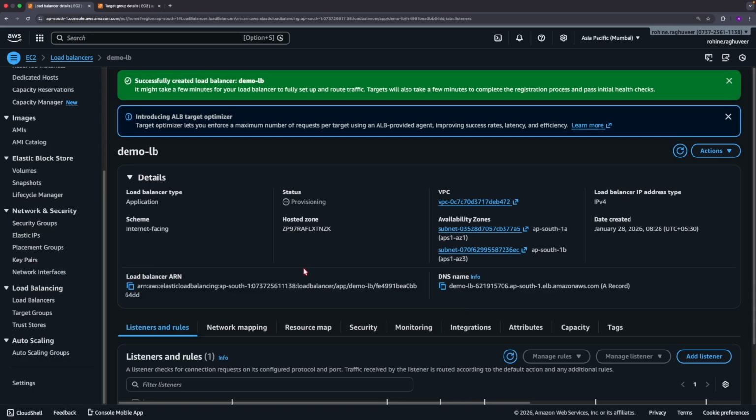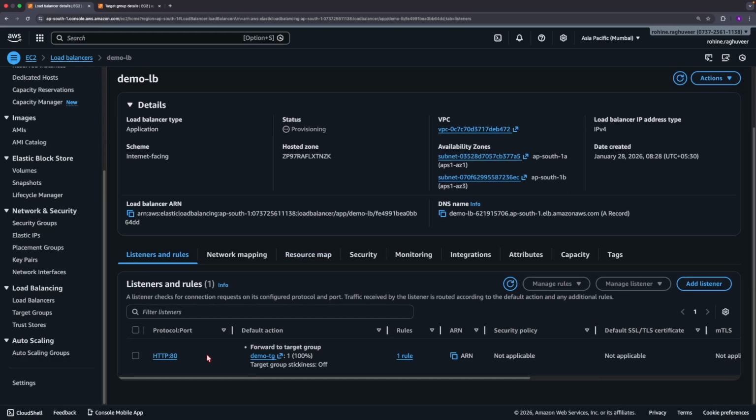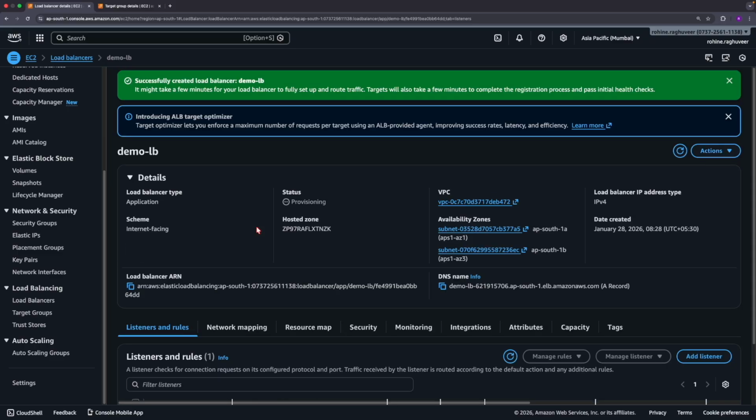Okay, so now we are good with the load balancer that will be listening on the default HTTP port, that is port 80. We don't need to add anything else, and it will be forwarding traffic to this target group under which we have our 3 instances. So now we are done creating the load balancer. It is currently provisioning. Now let's go back to our instances,